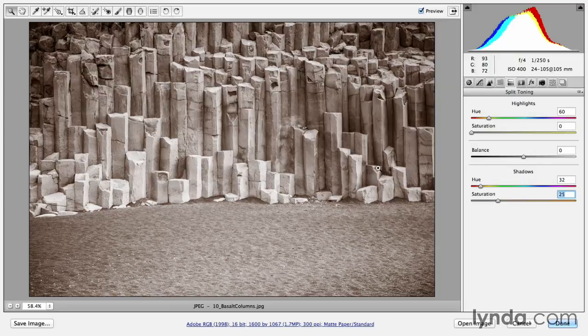And then we'll move to highlights, and I'm going to move my hue to right around 60 where it is now, and then my saturation up to about 20. Just want to make sure that the saturation in my highlights is less than the saturation in my shadows. But I don't really like the look right here, so what I'm going to do is I'm going to change the balance, and I'm actually going to bring it down to a negative number pretty dramatically, maybe down into the